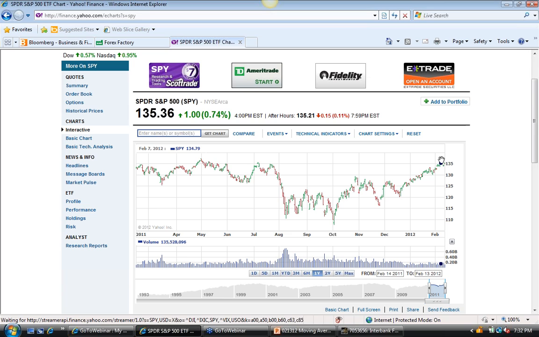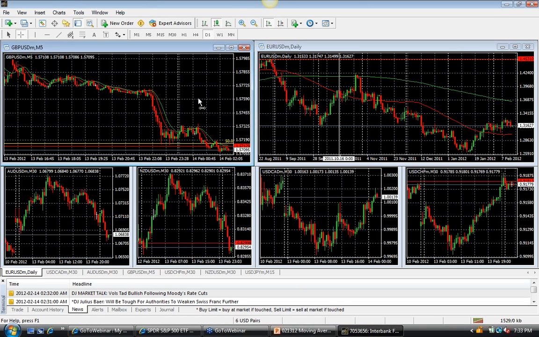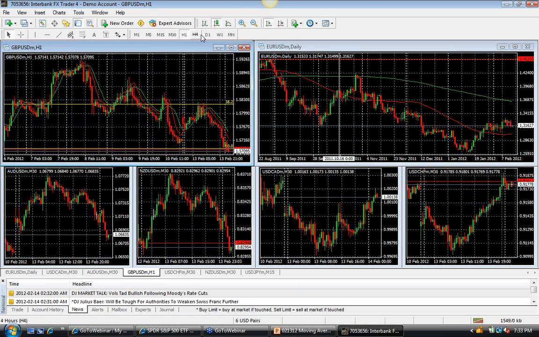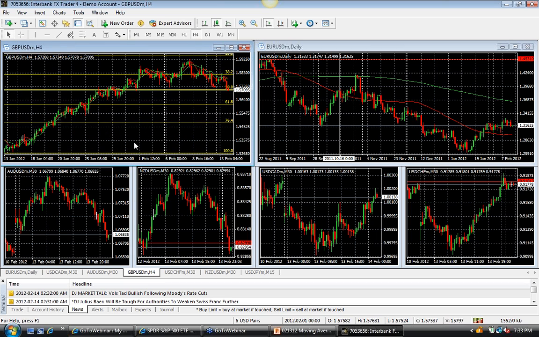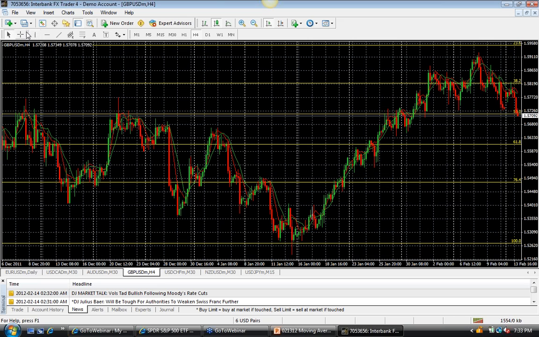In an unleveraged product like the stock market, where you don't have options or foreign currencies, you're just looking at the actual stock itself, 12% is incredible, all right? So over the past couple months, we've had a very, very big run. Look at what the pound has done in that same time frame, just over the past 2 months. Okay?